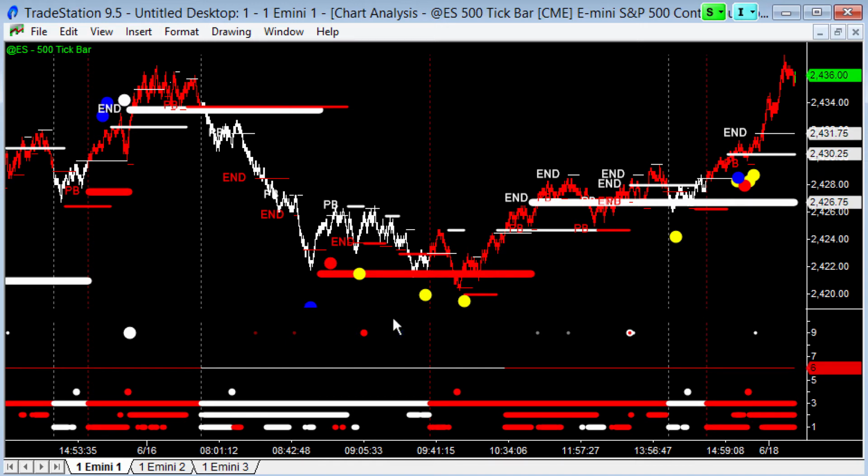So the second sign that we've got a change in trend going on is that we see end of trend signals and cyclical activity all lining up together. So we have little end of trends here on the lowest time frame. That's that little signal there and there. Then we have a pullback to end of trend signal on the intermediate time frame there.